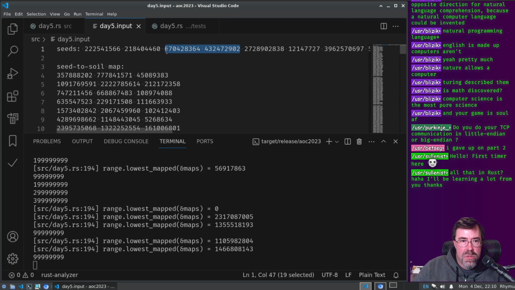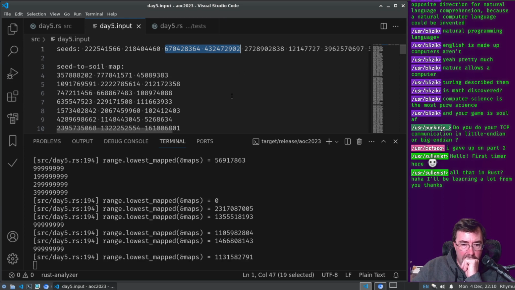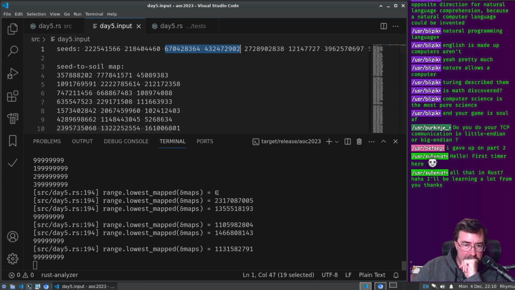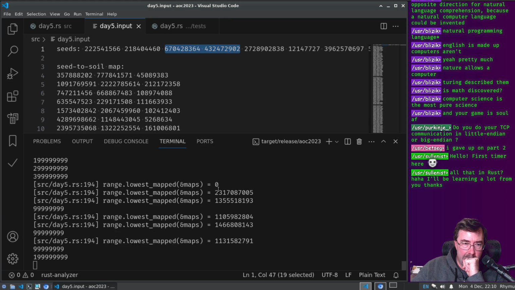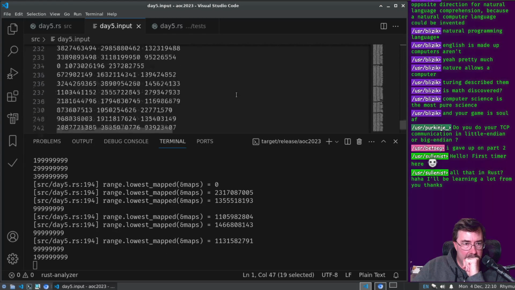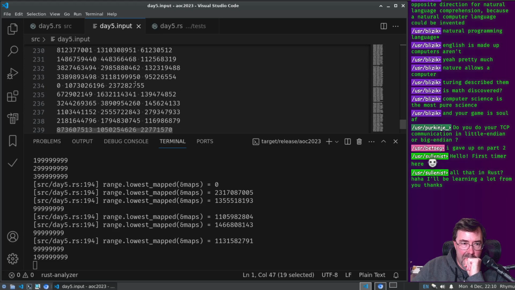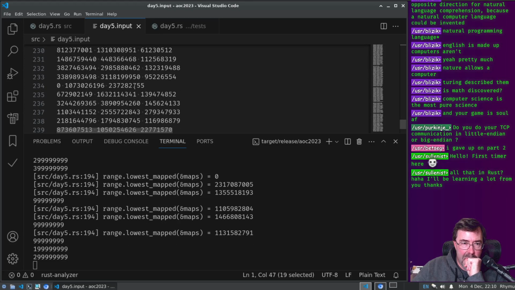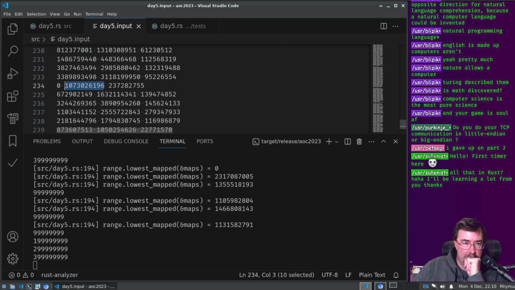Why did that reduce to a 0 really quick? It shouldn't have. How did we get a 0? A 0 would have been at the very end, right? Well, what maps to a 0 is if we get that input.